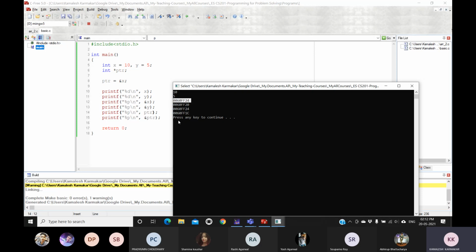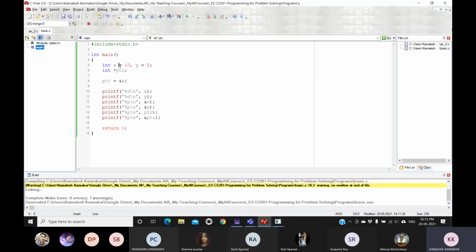So using PTR, we can hold the address of x. Now x is being pointed to by the PTR variable. If I want to access the value of x, what do we have to do? In that case, I will use star PTR.